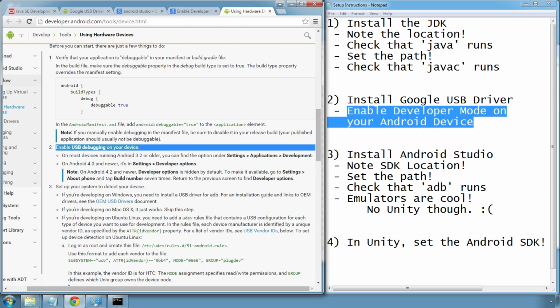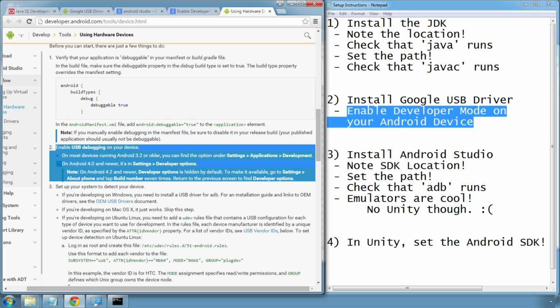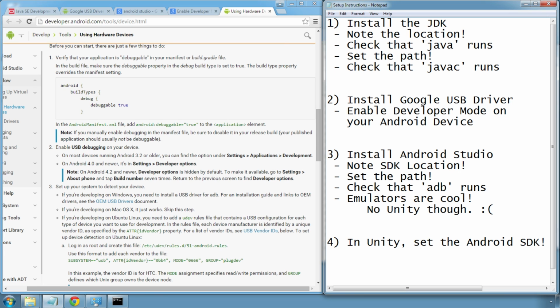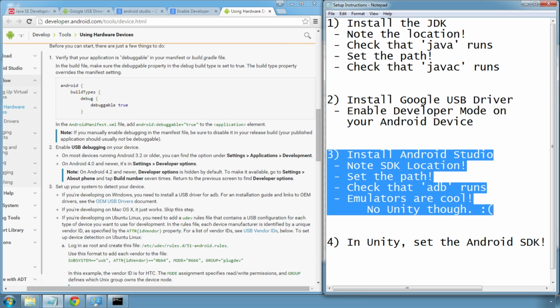I don't believe you need to do this to do Android application development, but it opens up a lot of really cool possibilities. So it's a really, really good thing to do. Anyway, moving back to the general theme, now we need to do the next step, which is to install the